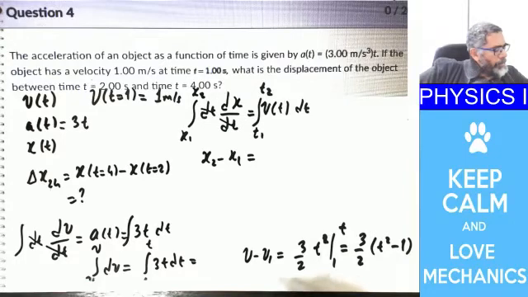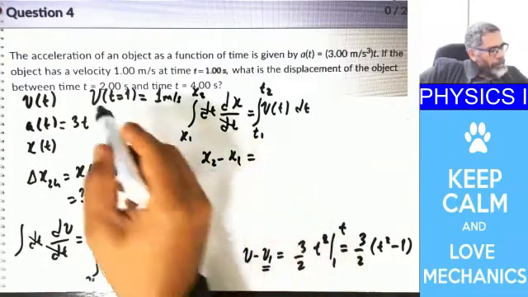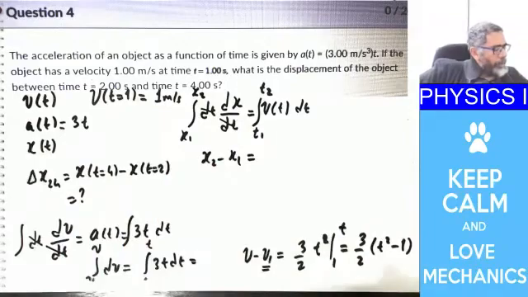Okay. So this is, we don't know what this is. This v1 is not equal to this one. This is just an integration constant. All right. And it just says that,